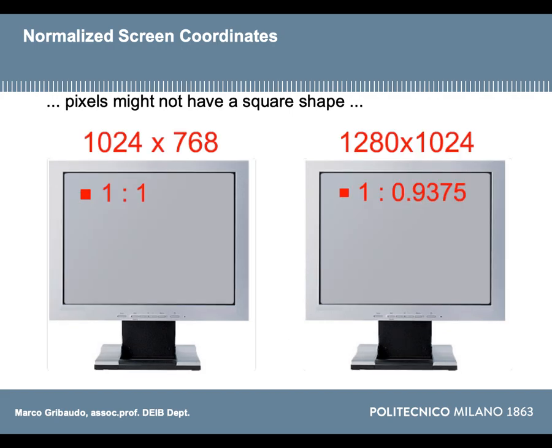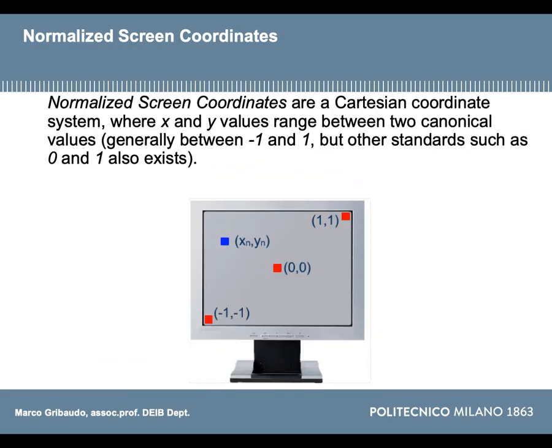Instead, in normalized screen coordinates, the origin of the coordinate system is put in the center of our display area, in the center of the screen, in the center of the window, in the center of the video projector, in the middle of the area that is going to be shown. Then, from this point on, the pixels have coordinates which are no longer represented by integer numbers, but by floating point numbers, and these floating point numbers go from -1 to +1,